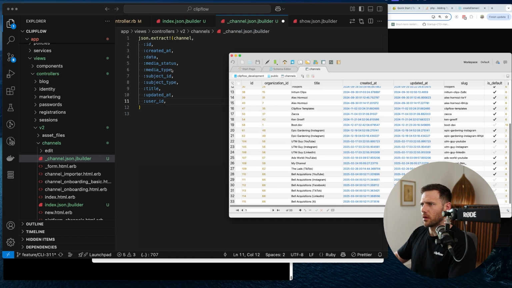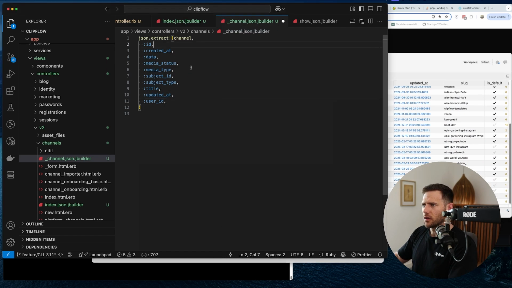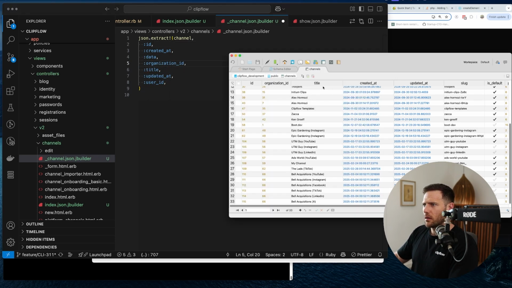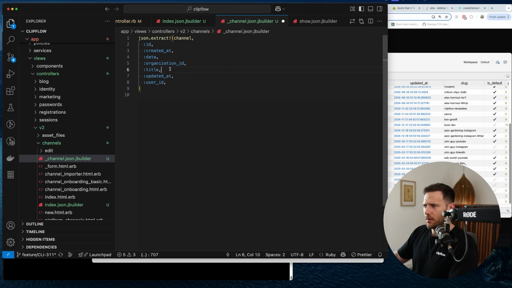Channels, what do we want to expose? So we need the organization ID. So we don't need any of these. Need organization ID because we're going to filter on that. Title, create that updated slug